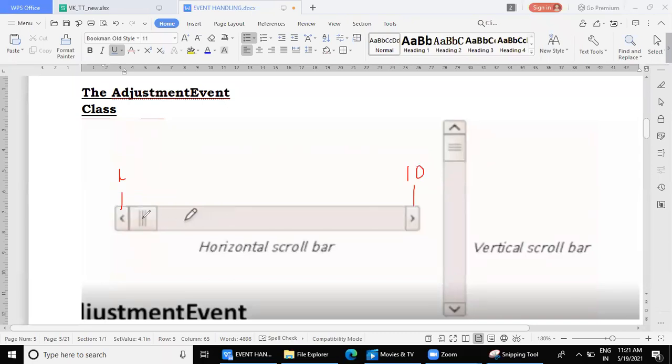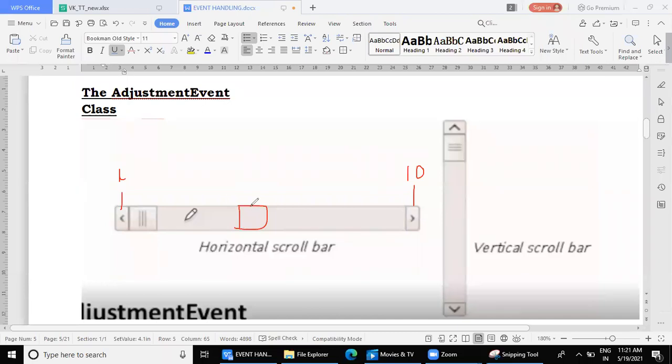Fine. Now suppose 1 to 10. If this particular scroll bar indicates a range of values between 1 to 10, and my thumb tracker is here, the thumb tracker will tell you what exactly is the current value. If my thumb tracker would be here, can you just guess approximately what could be the value?